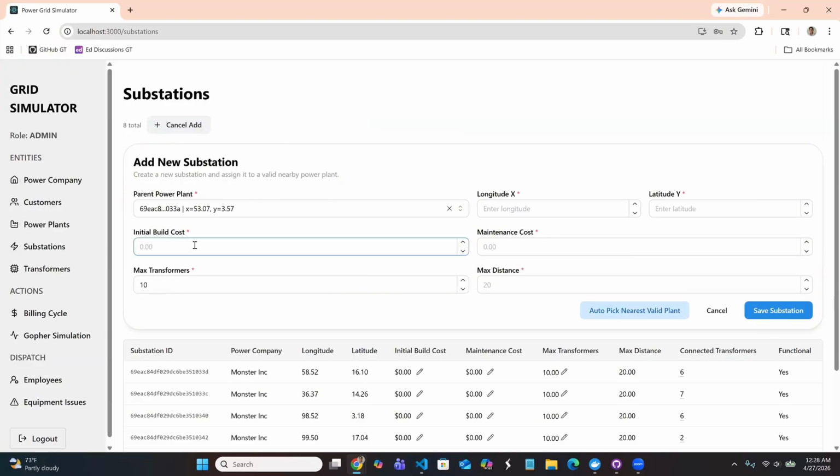So let's say, and you can add an initial build cost. So now let's say we have a $10,000 initial build cost. I have no idea how much it costs to build a substation, but let's see. And let's make it super far. Right? Let's do something ridiculous. And let's do a maintenance cost of $500, right? And a max distance. So this is where the